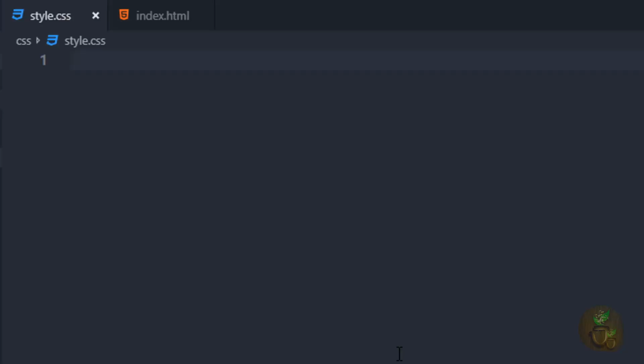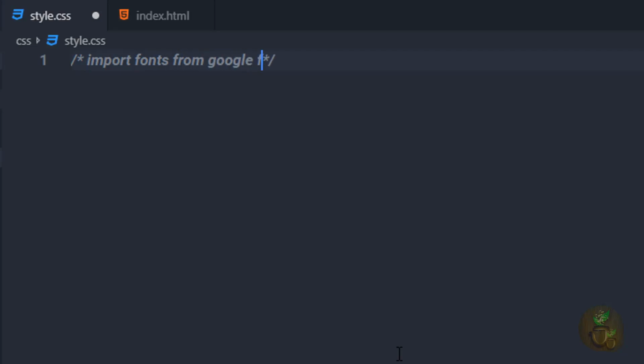Now before we move on, I'm going to just import few fonts from the Google Font website. We are not going to use the pre-installed font from the system. Instead, I'm going to just import few fonts from the Google Font and use that in this website. So we can import our favorite font and use it in this website. So I'm going to just create here a comment and just say import fonts